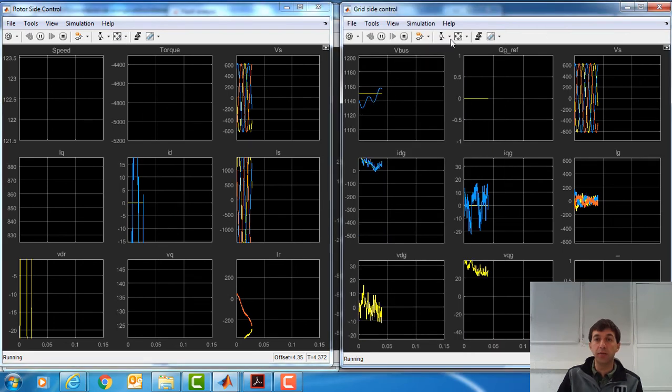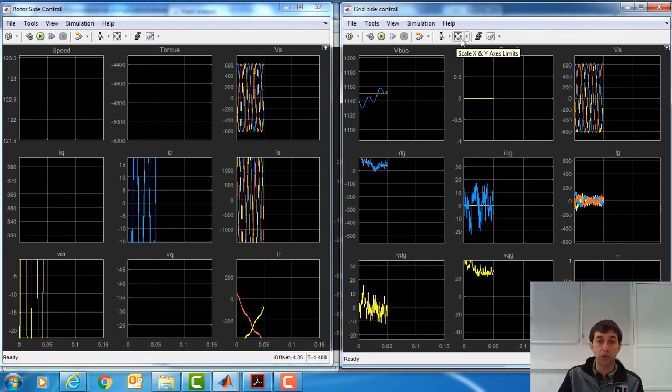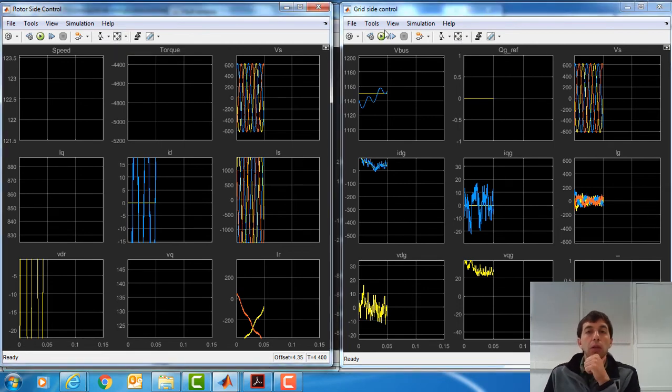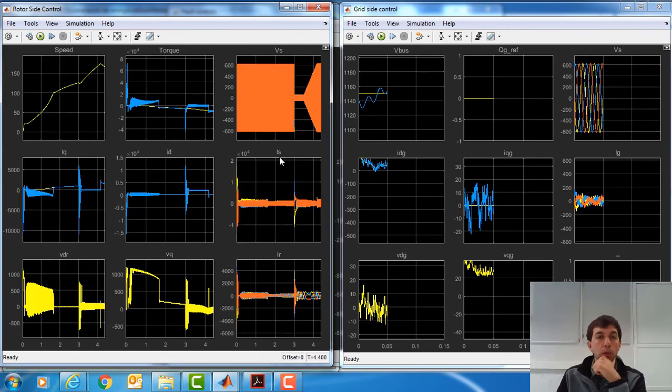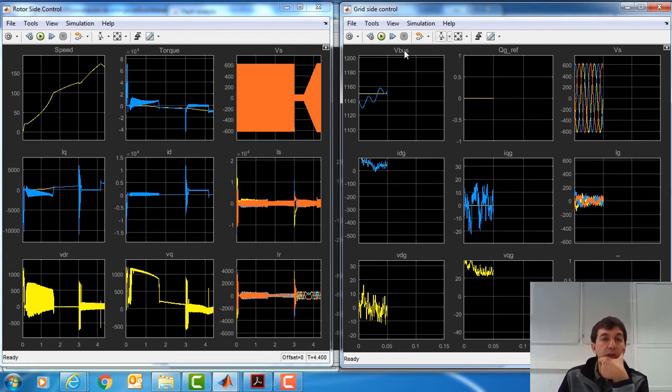There we have the simulation. Almost finished. Yes, finished. So let's have a look at what has happened more carefully. So the voltage dip